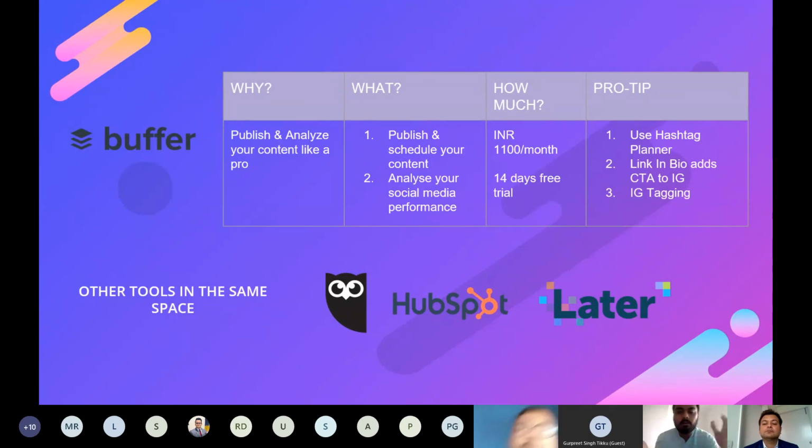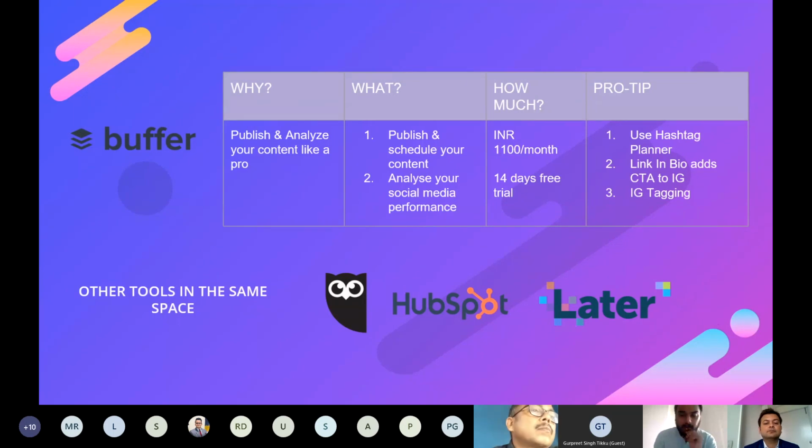How do you make sure it's going out at the right time when your audience is awake or most active? These were some of the issues that we, as a young agency, always had: how do we make sure that the post is going at that perfect, absolute, dot point of time when the guests are most active, and how do we constantly push it across different platforms? And that's where we got introduced to this beautiful tool, which is called Buffer.